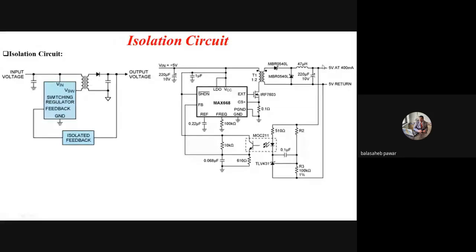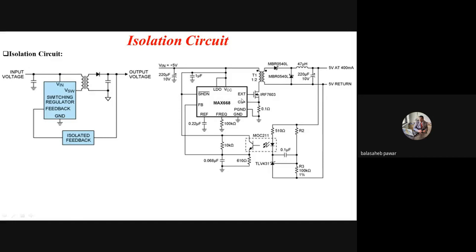And the same voltage is applied to this isolation circuit, and whenever it gets sensed that the output voltage is not as per the desired value, that feedback circuitry is provided to the switching element. That switching element changes its PWM, which is connected to this switching transistor. You will observe it is the IRF 7603, a MOSFET. According to the gate signal generated by this MAX 668, a PWM generator IC, it goes on to generate the PWM pulses with the preset frequency.